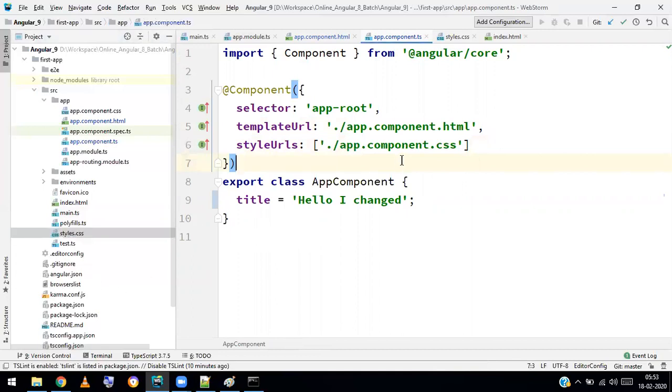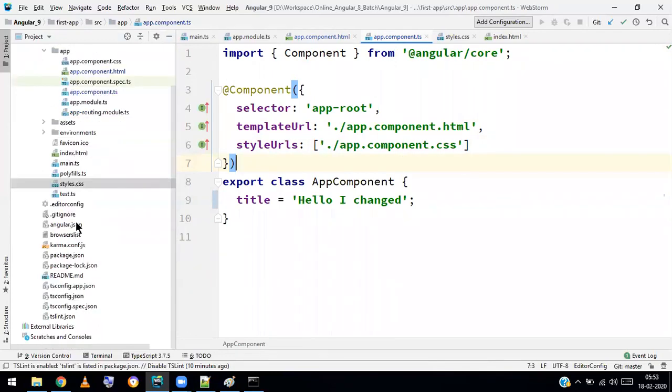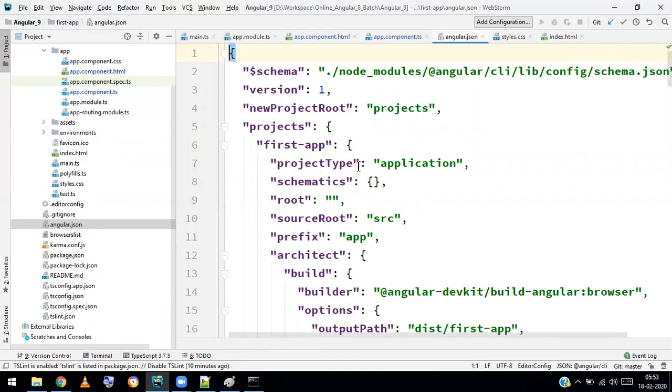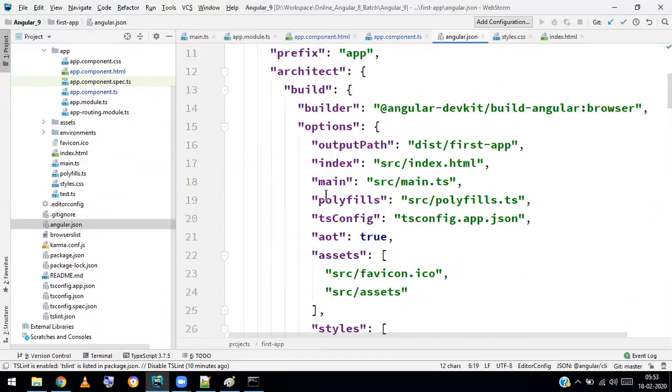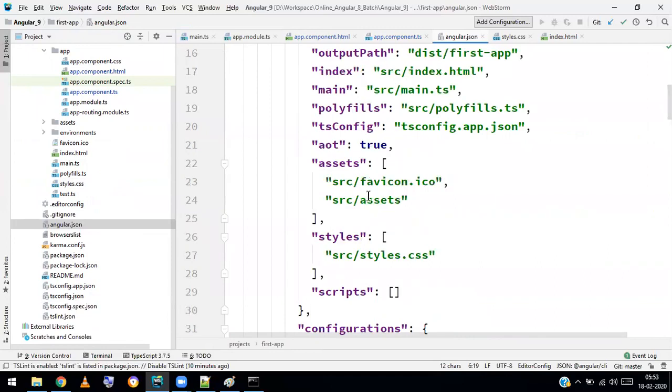Before going to all these things, I want to tell you about three important files. One is angular.json, that is the configuration file for Angular. When I open this, you have the complete configuration about Angular, like the distribution output, main file, index file, tsconfig, style.css, main style.css, some assets.